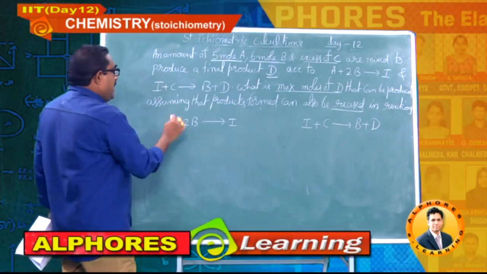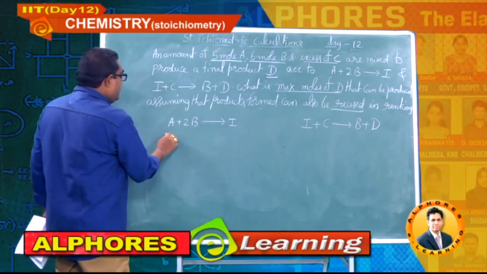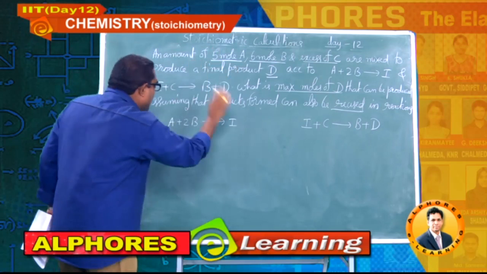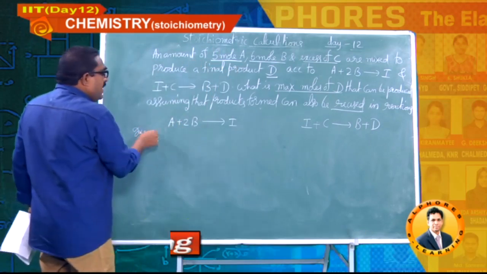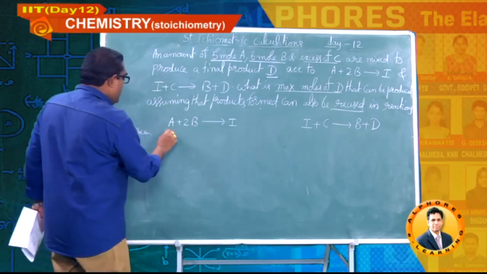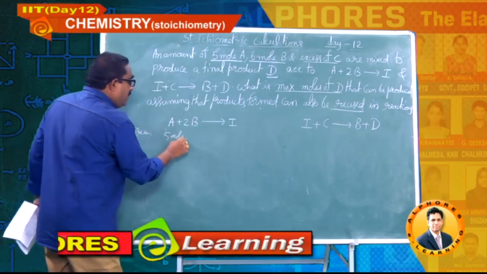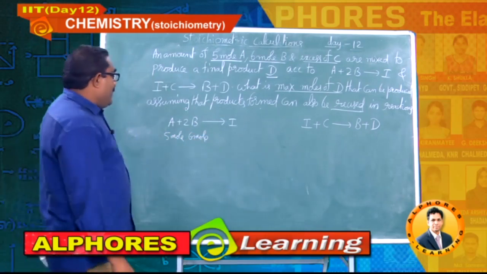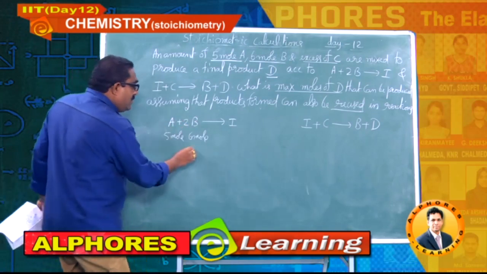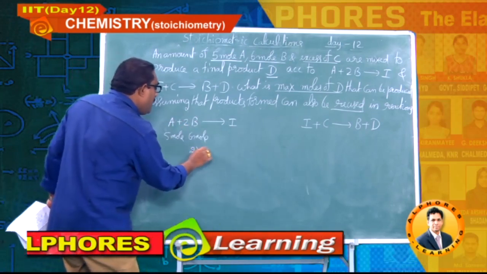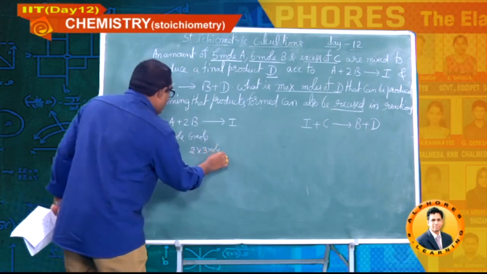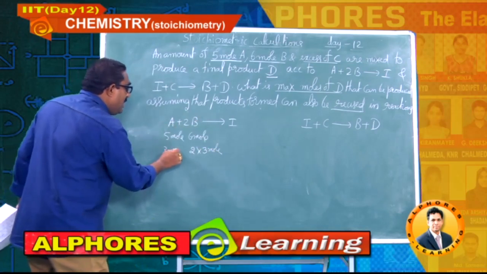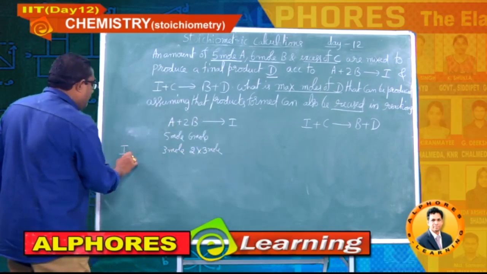Okay, first of all let me write given moles of A and B. So stoichiometric moles I am not going to write, so don't get confused, I am going to write given moles only. Stoichiometric moles are in front of you: 1 mole combines with 2 moles, no problem. So given moles 5 mole, 6 mole I am writing. Okay, 1:2 molar ratio. So you can take it as 2 into 3 moles. Then what is the requirement here? 1:2. So here 3 mole is involved in the first reaction. First stage I am writing.